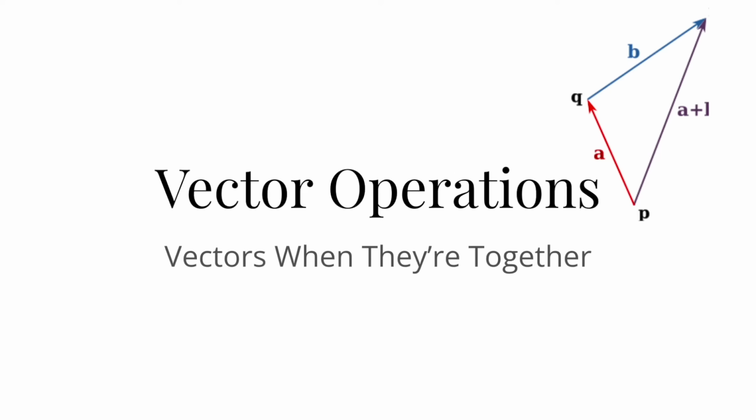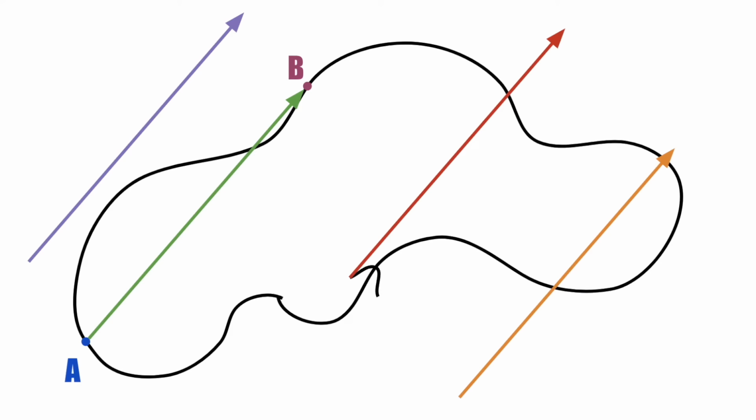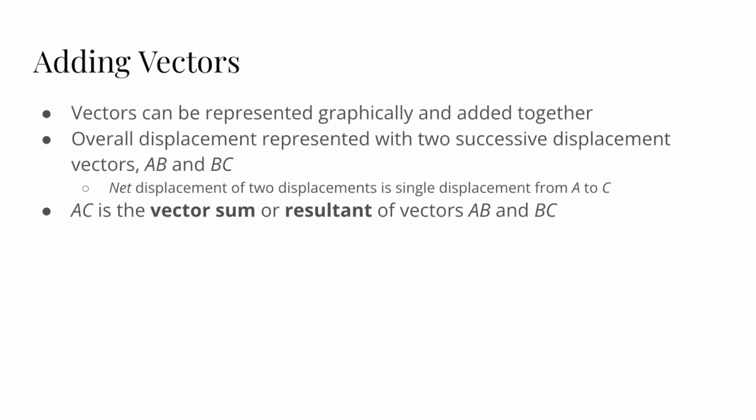Everyone. Today we're going to be talking more in depth about vectors and vector operators. So in the last video we learned about scalars and vectors, more specifically about the displacement vector, shown here as a vector running from A to B. We know that vectors aren't anchored, so they're the same anywhere throughout, so all these lines here represent the same vector. We can represent a multiple displacement with a single overall displacement vector, the net displacement, where, say, AC